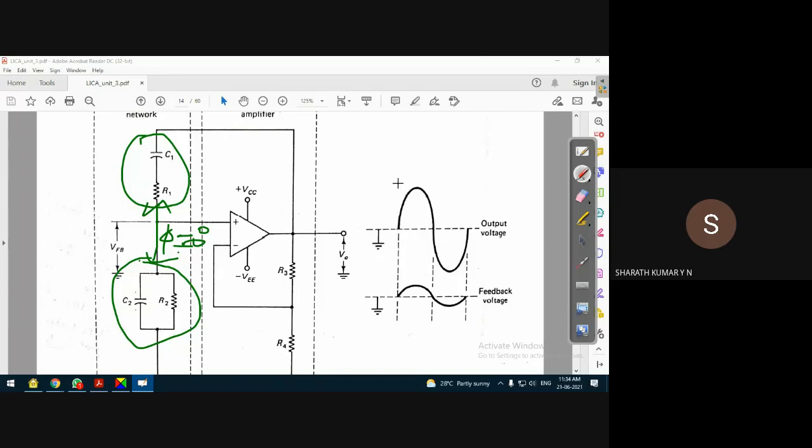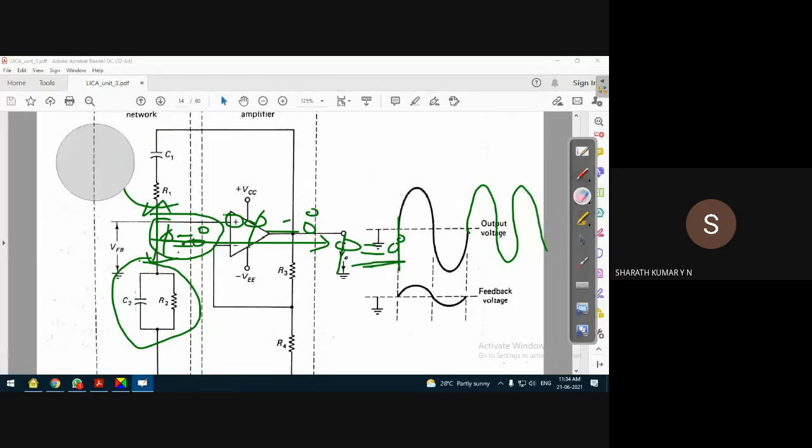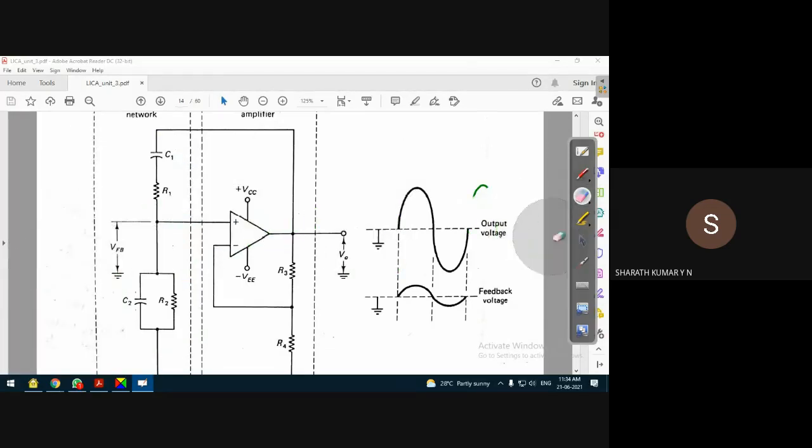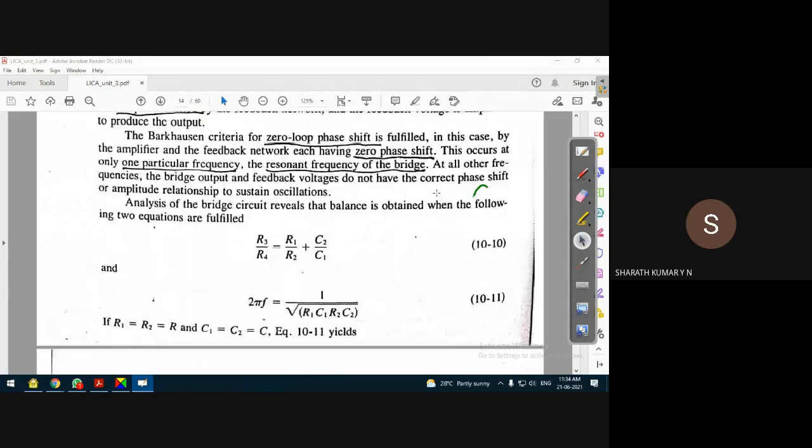This happens for a particular frequency of the output voltage. Because the output is oscillating, it has a fixed frequency, of course. For that frequency, if the phase shift is zero by the feedback network, then the total phase shift of the circuit is zero, because the non-inverting amplifier anyway introduces zero phase shift. So the total phase shift will be 0 degrees, which is the reason for the generation of the oscillation. That is called the resonant frequency, and the circuit is said to be resonating at that particular frequency.